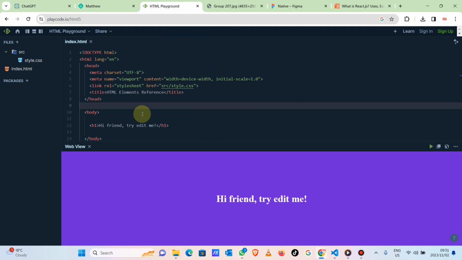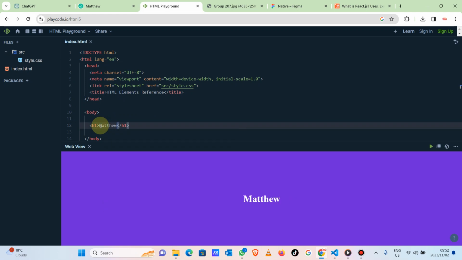There are some things that come with a markup language, in the way it works and the way it was constructed, which is different from JavaScript, Java and C Sharp. So whenever you think of HTML, take it out of the same group as Java, JavaScript and all those programming languages. This is what you have to understand about HTML. If you edit here, let's say Matthew, as you can see, this changes. This is how HTML is different from programming languages.